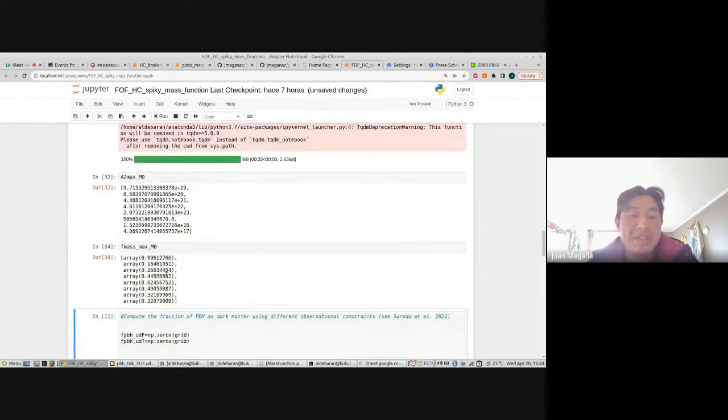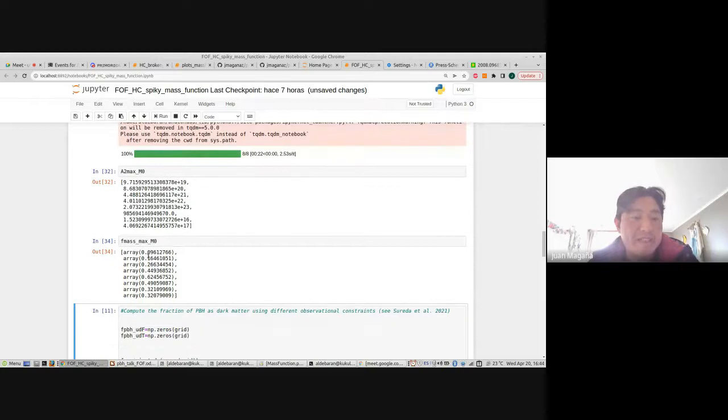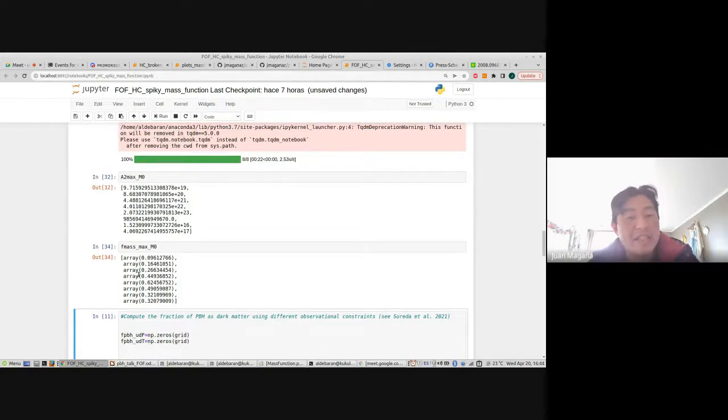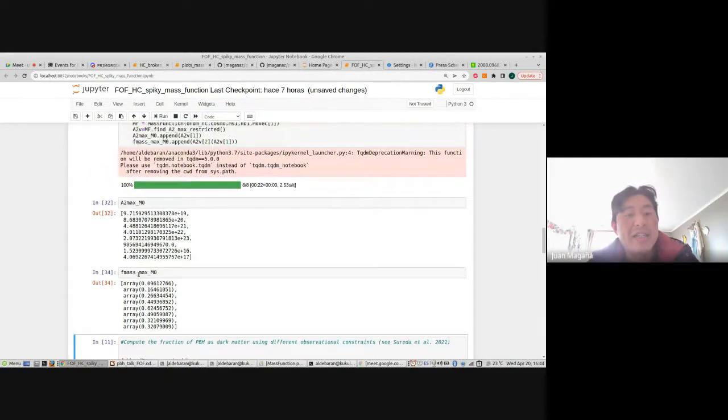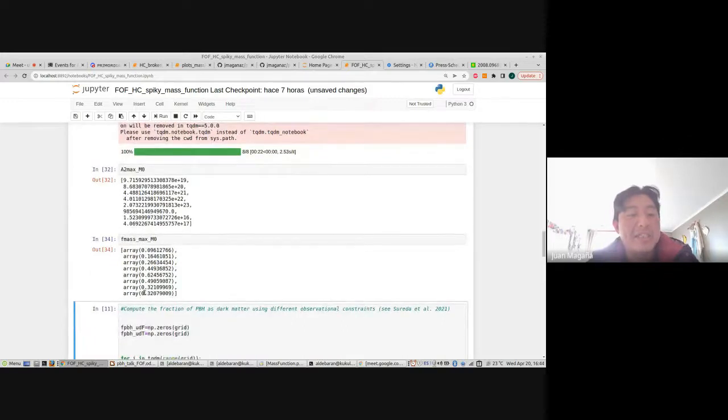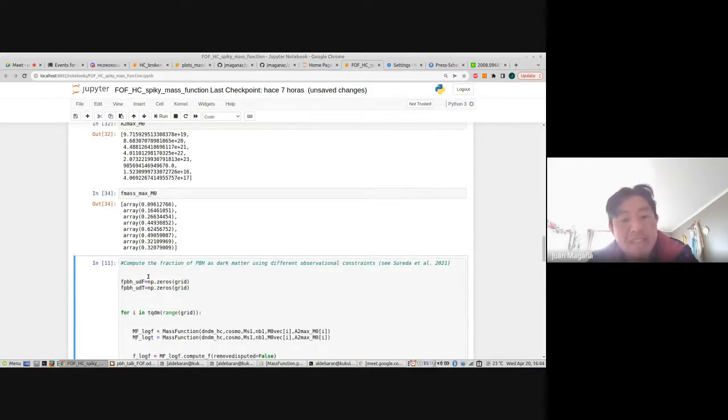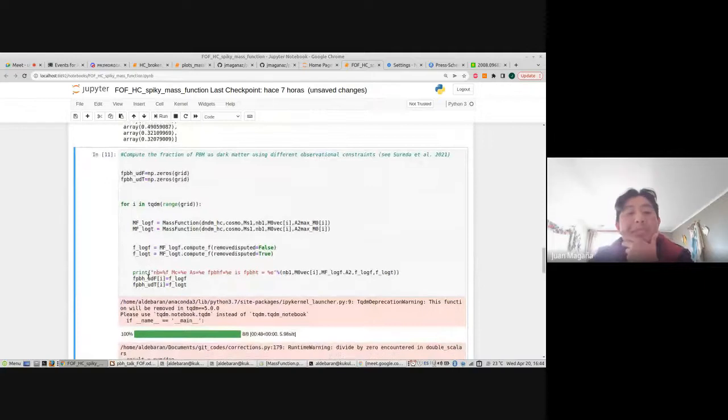For example, you can observe that the fractional mass inside the spike varies with the position of the peak. The fractional mass inside the spike is less than in these cases when the peak mass is very close to the characteristic mass. In this configuration, the maximum fractional mass inside the spike is 60%, more or less.